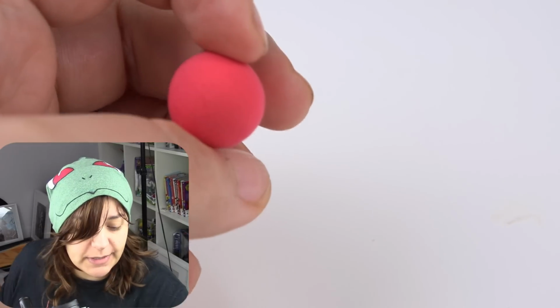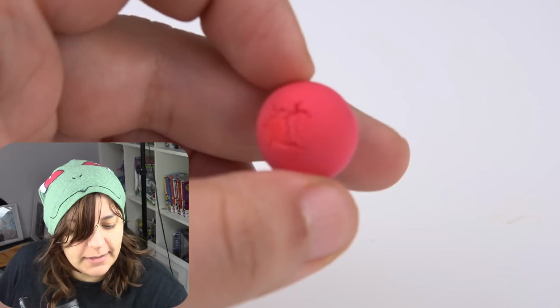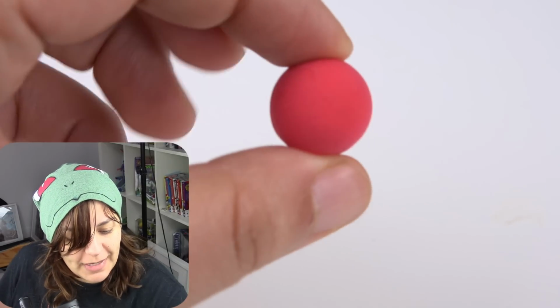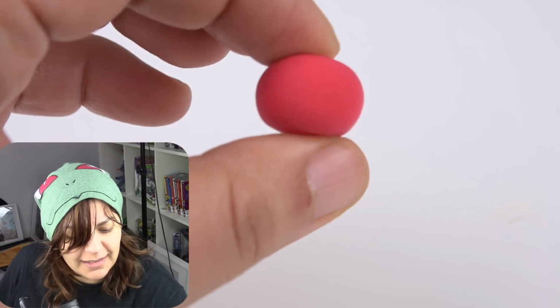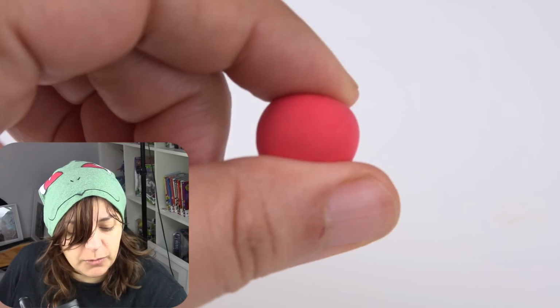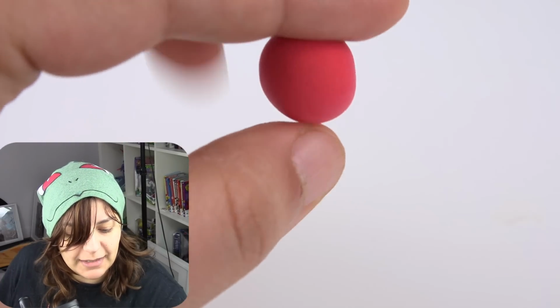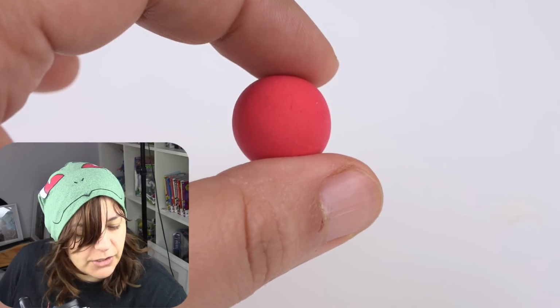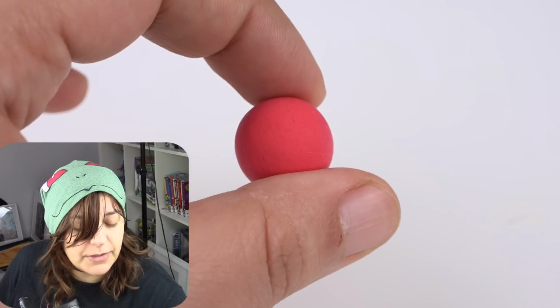So the point goes to you, Crayola. The only thing is that it had a little bit of a crack over here. Otherwise, it's still pretty much intact and kind of smushy. Still lasted more than I could. Well, it's not too smushy. I mean, it's bouncy, but it's still keeping its shape, which means there's potential to make it dry faster, probably at a lower